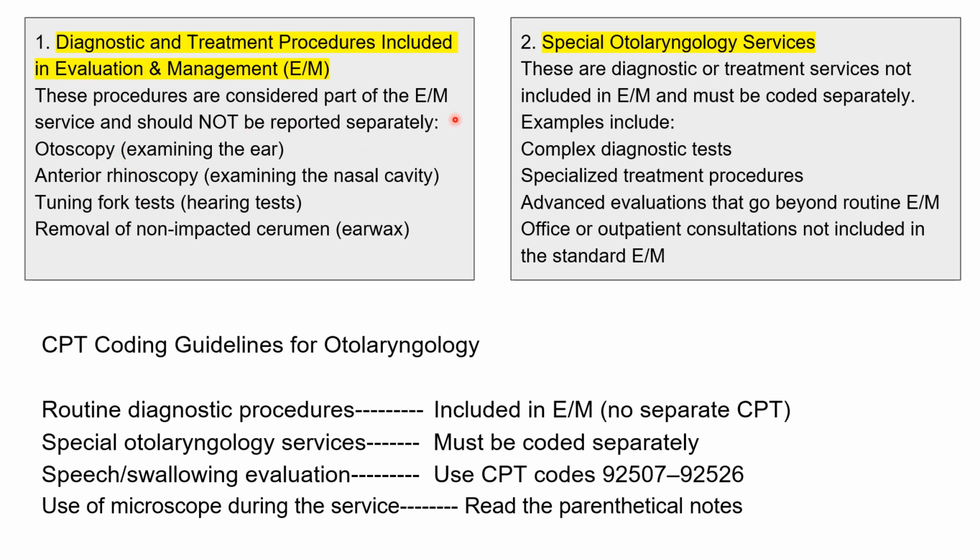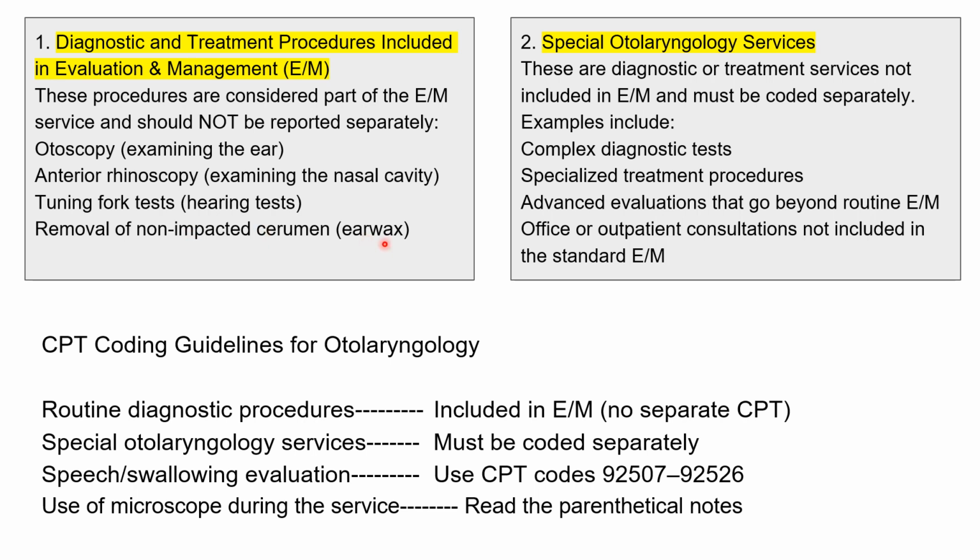These procedures are considered the part of the E/M service and should not be separately reported, like the otoscopy, examination of the ear, or anterior rhinoscopy, examination of the nasal cavity, or tuning fork test, that is the hearing test, or removal of the non-impacted cerumen. These are the diagnostic and some of the very basic treatment which are included in the E/M,